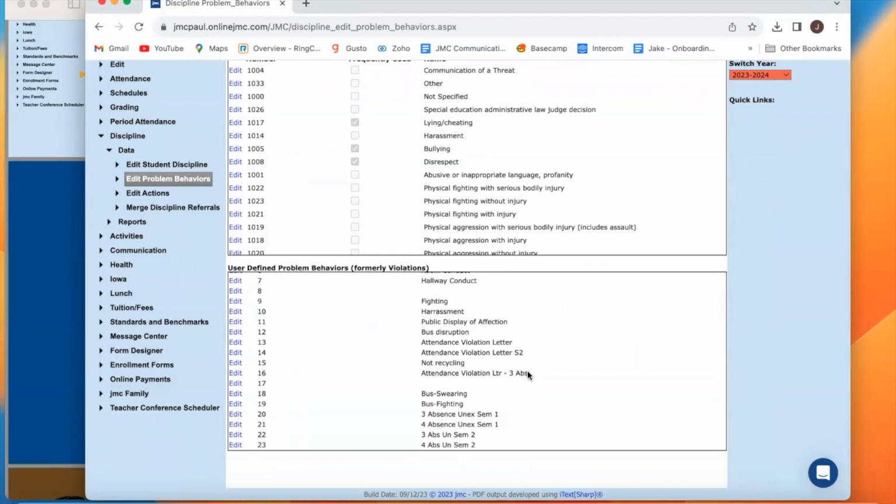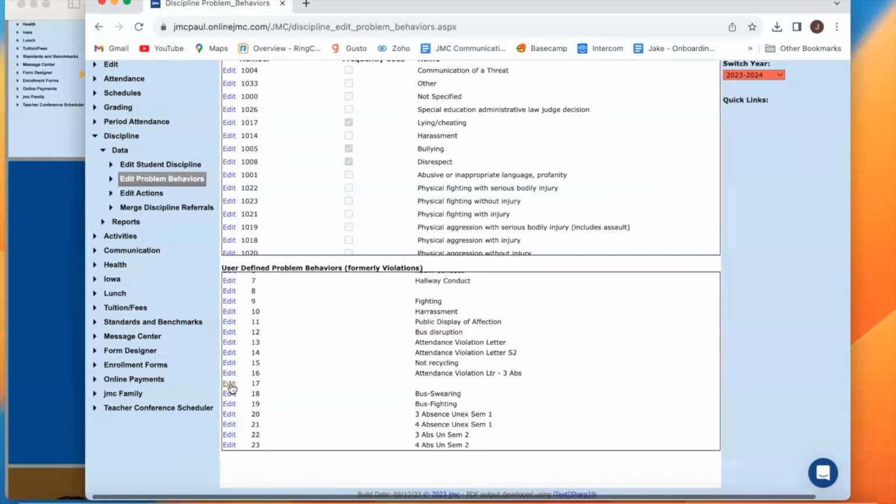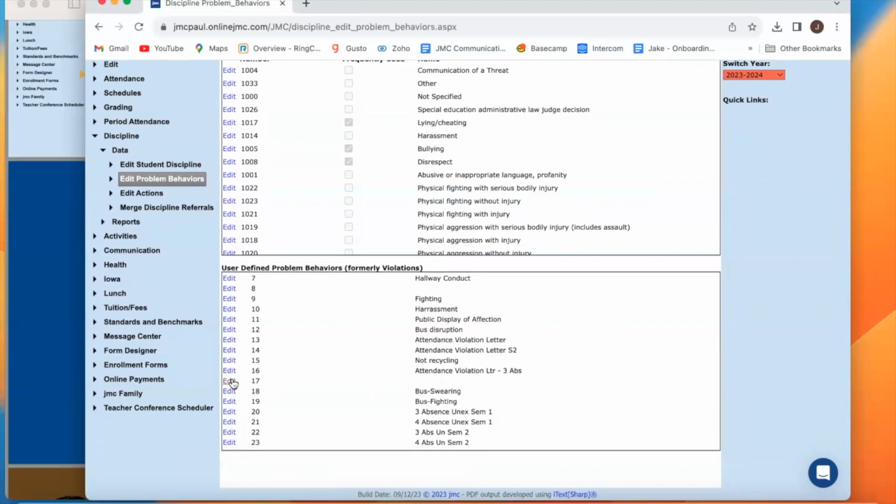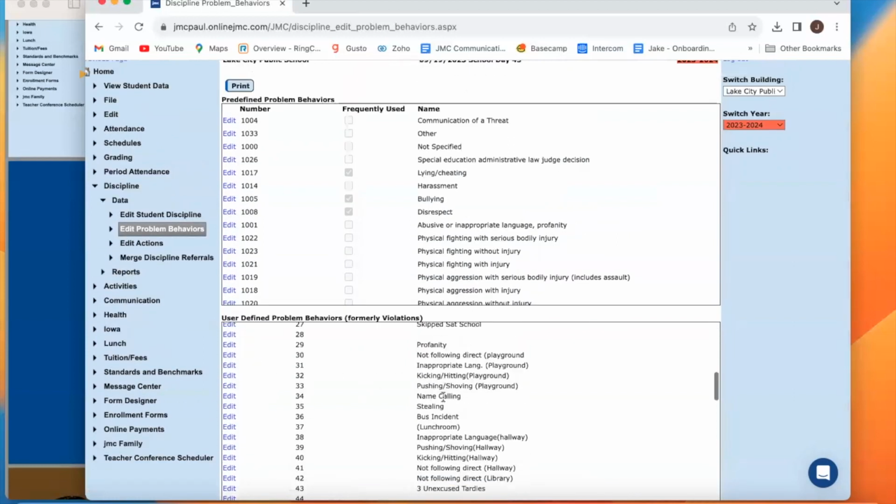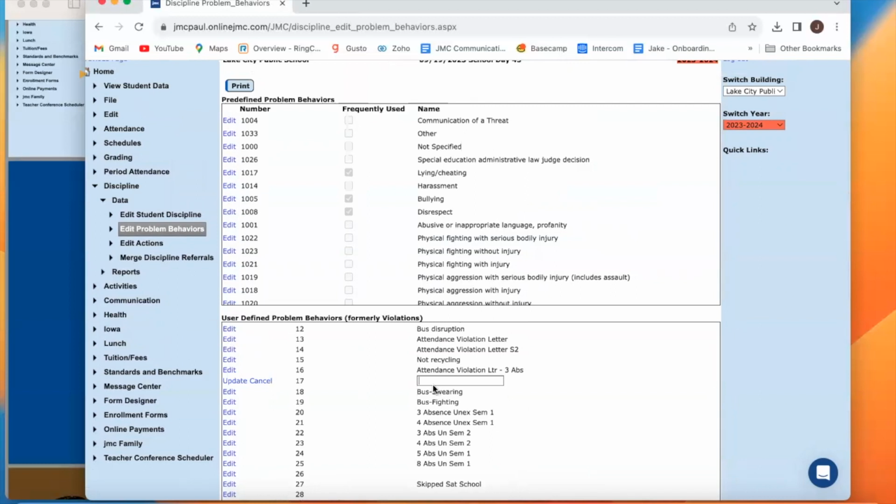You want to create a problem behavior for attendance. However many attendance letters you're going to print out, if you're going to print one out for 5 absences and then one out for 10 absences, you'd create 2 problem behaviors: attendance violation letter, 5 absences, and attendance violation letter, 10 absences. So find an available line, click the edit link, add your